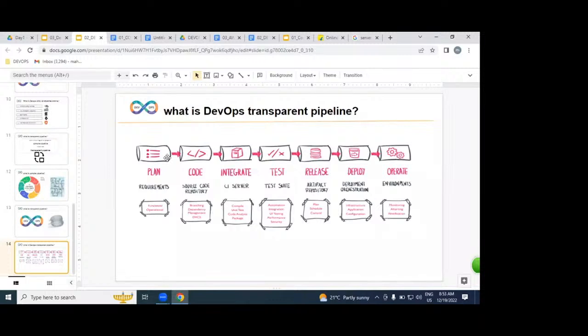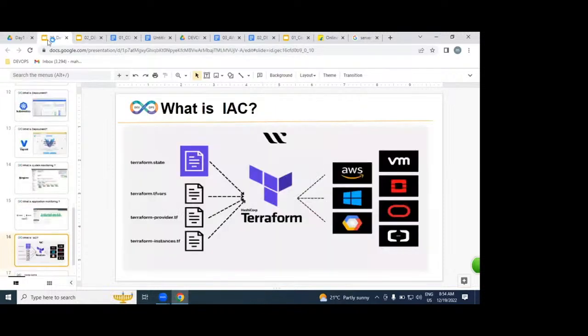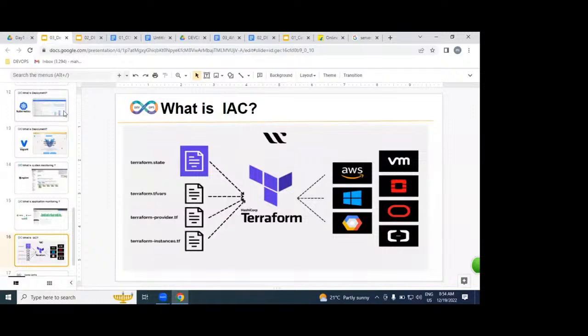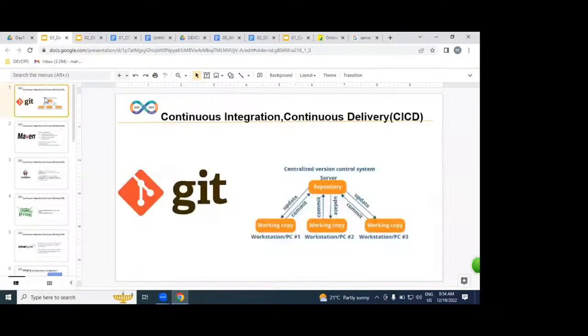How exactly do these tools fit into this diagram? Let us understand. Firstly, n number of developers write code, right? That code is going to be maintained by whom? The DevOps engineer. But the DevOps engineer maintains it using which tool? Git. Git is a version control. All developer source code we maintain as DevOps engineers in Git version control.